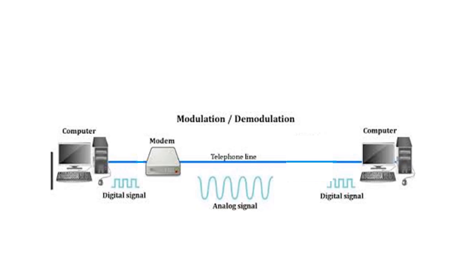Okay. Now what about the receiving side? Receiving side, we also have one computer which also understands digital signals. So at the receiving side also we need one more modem. It will perform the function of demodulation, which will convert analog signals coming from the telephone lines into digital signals. So this is the use of modem. It performs modulation and demodulation operations and makes data transfer through telephone lines easy.